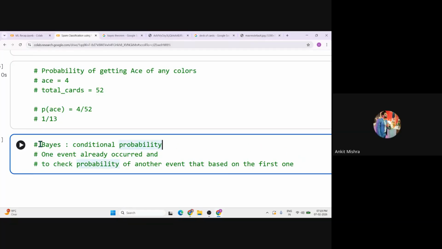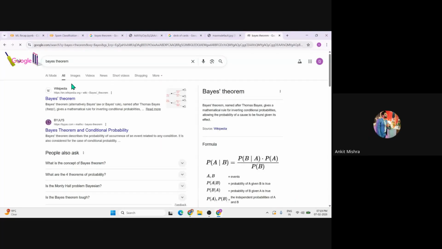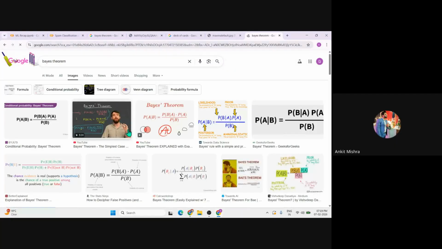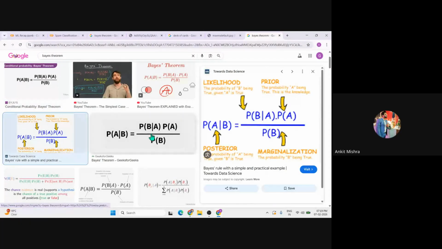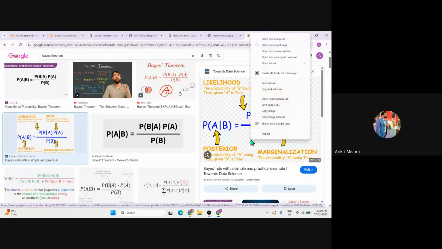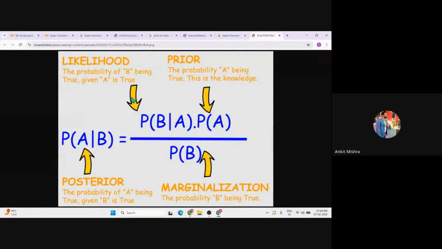And we have Bayes theorem for that. Bayes theorem looks something like this. You can simply copy it: just go to Google, and this is the Bayes theorem, right? Let me pick this one. This one is good, where we have four different naming conventions. You can take the naming convention like this: the probability of A given B. Now, what is the probability of A given B? It is the probability of A when the event B is already given.